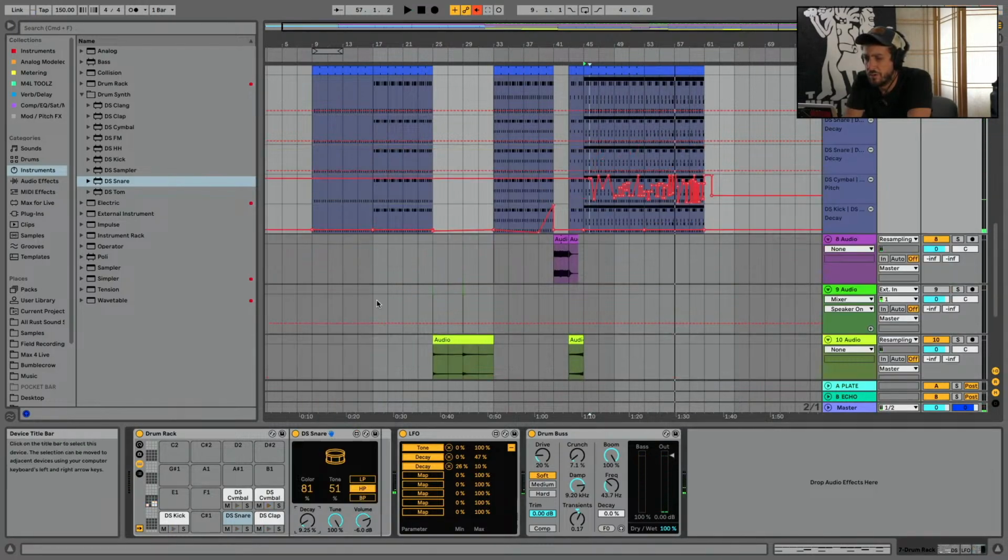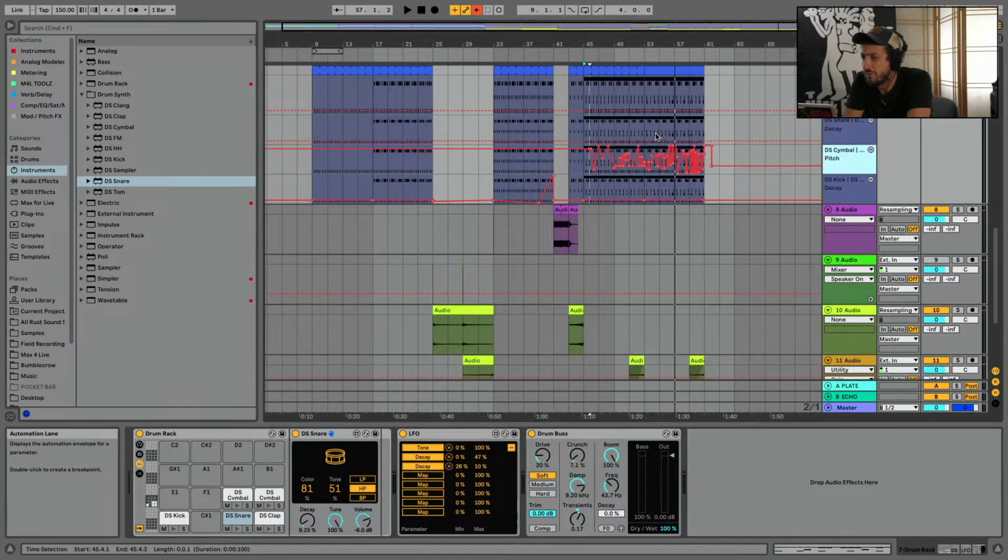Wrong parameter. Snare decay, that's what I wanted.